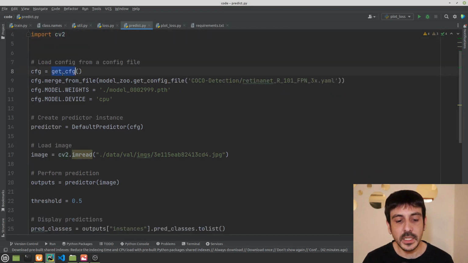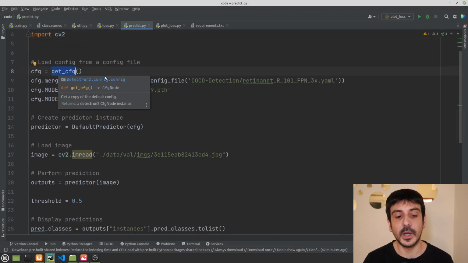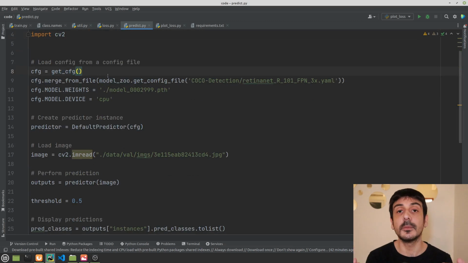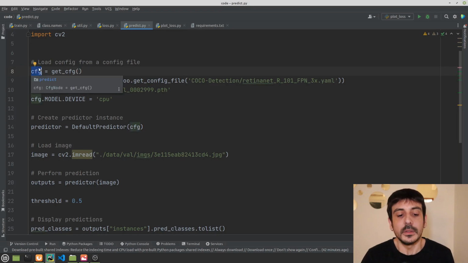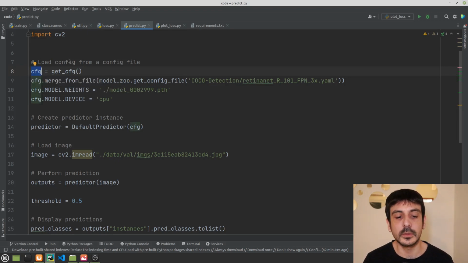Then the first line is getting a configuration file. Absolutely every single time we use Detectron2, we need a configuration file. We need an object which is going to contain all the configuration for the specific task we are going to do with Detectron2.